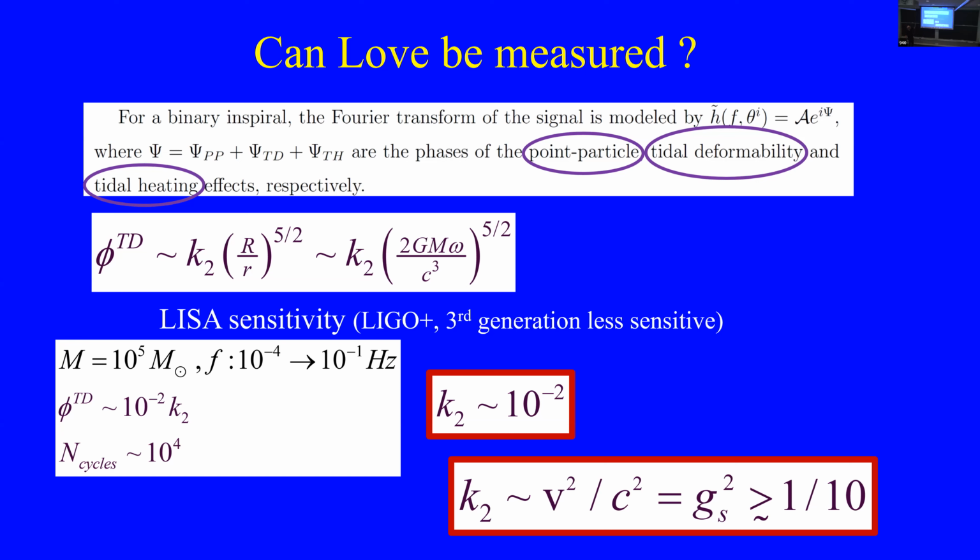And there are typically 3 contributions. One is the standard GR calculation. That's where the amplitude calculations come in. You need to do that very precisely. The tidal deformation, that's the Love number. And then there's also tidal heating, which I'm assuming, for reasons that I can explain if you wish, is